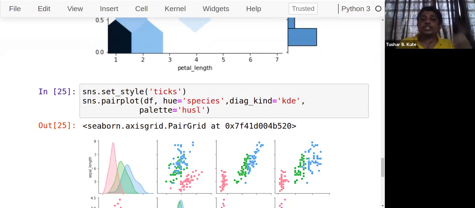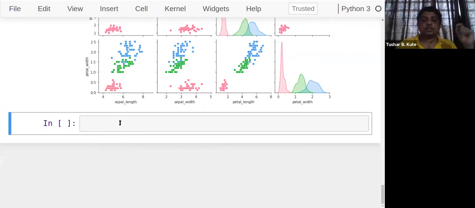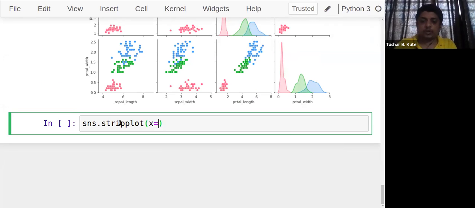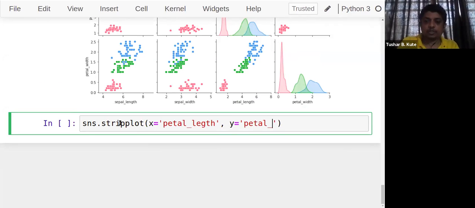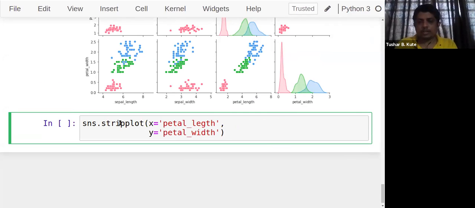Let's see the strip plot now. So you can just check the output of it. See, strip plot, sns.stripplot. And a similar kind of parameters we have to pass over here, like x is equal to petal length and y is equal to petal width, and data is your data frame.